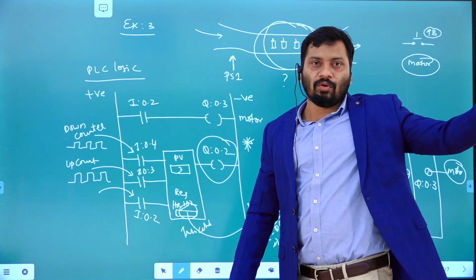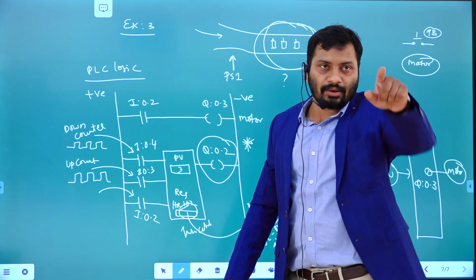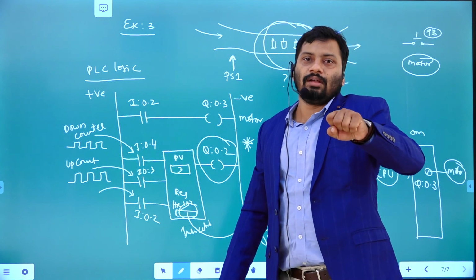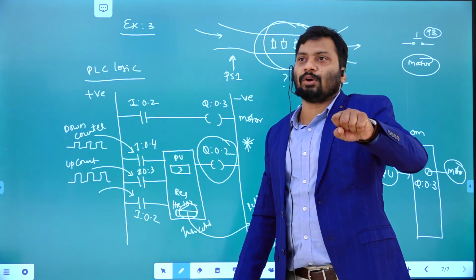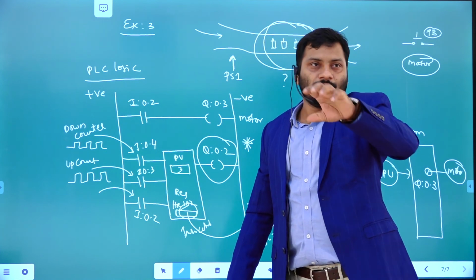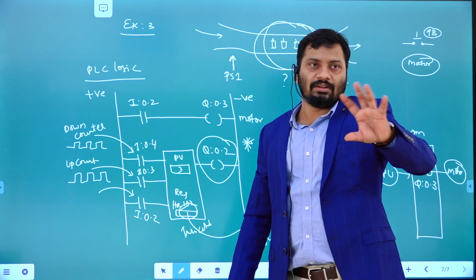People are moving over the bridge, right. Initially you can say, for example, 4 members are there. That is the preset value, right. Then you are going to count how many are entering and how many are leaving, right. So both are going to be differentiated, right.